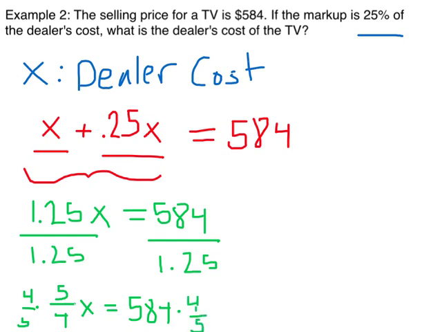There, and let's simplify that. Alright, so I already did that math, so I multiplied 584 by 4, and then I divided it by 5, and I got x equals